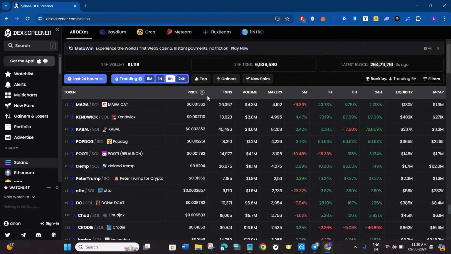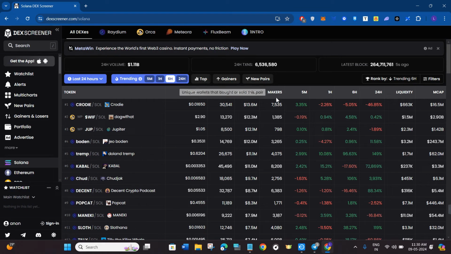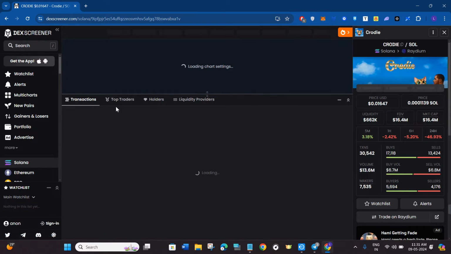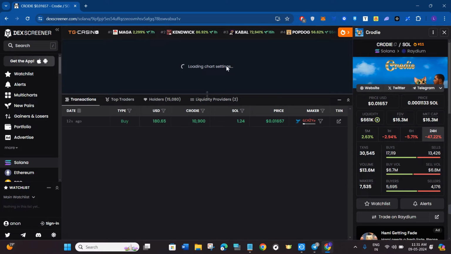So over here you can filter it out based on volume or based on its market cap. So I will filter it out with the volume, and then it is showing me various coins that are based on Solana. So among these, let's say I want to get this coin, so you simply need to click on